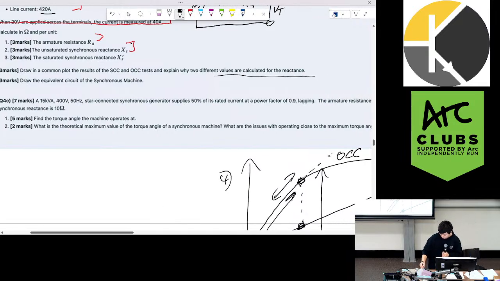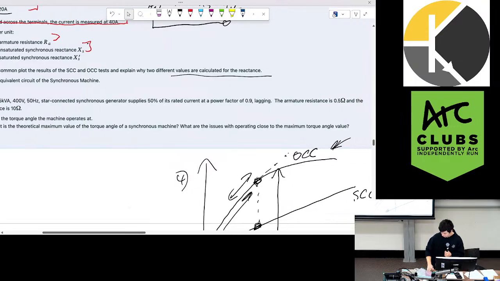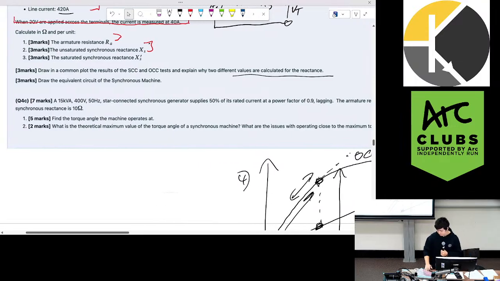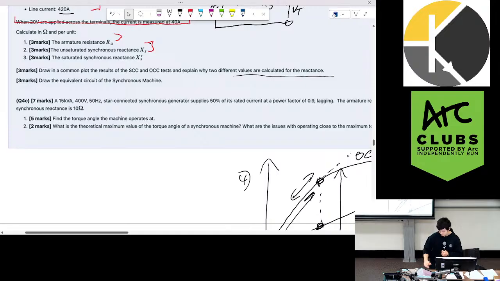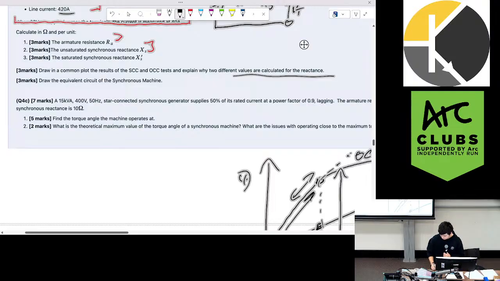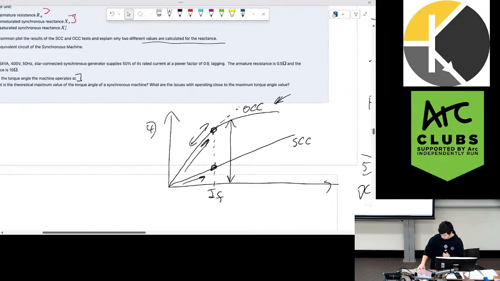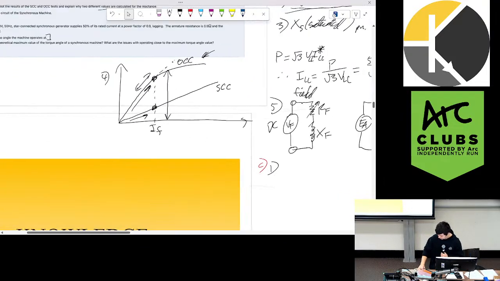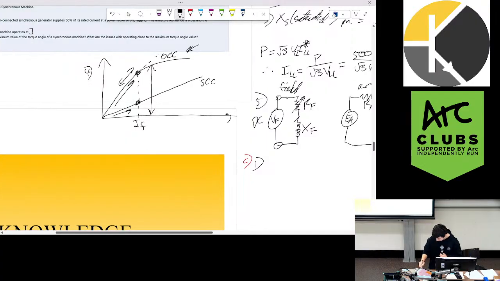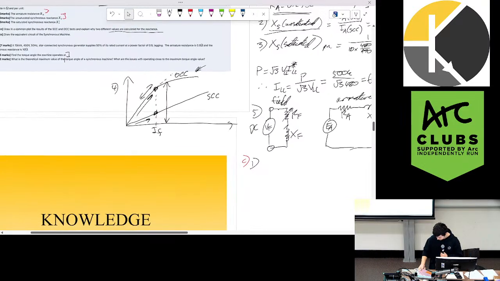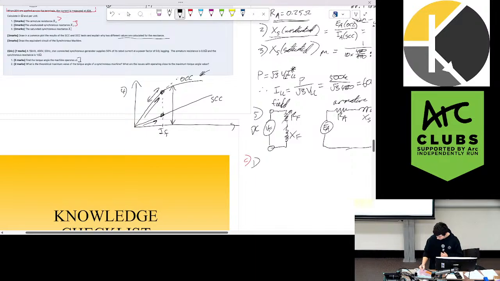We know all the power stuff. We know our entire armature resistance. Let's go ahead and find out what the torque angle is at half power, rather half current. All right, so let's do this. Let's determine the rated current first. So, rated current,